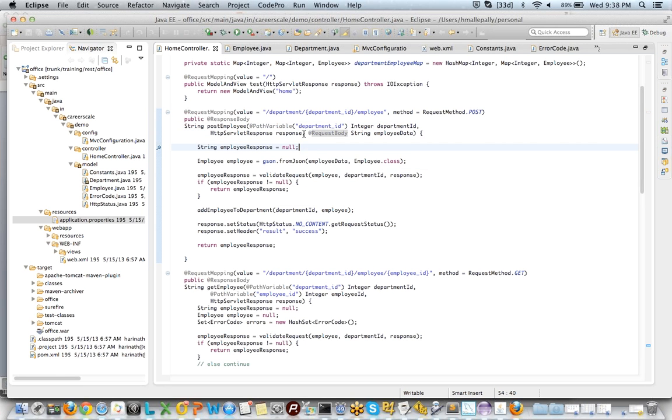And then the request body, because you're going to submit some data, should for now be in the JSON format. When you send the request in a JSON format, it is going to be received as this particular element, string employeeData. Then from the request I try to generate the equivalent Java object using JSON, and then do some additional validations, like business logic, and at the end of the